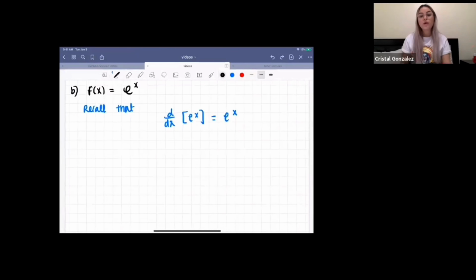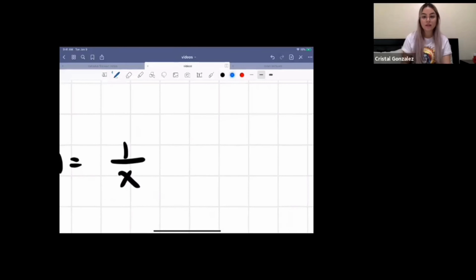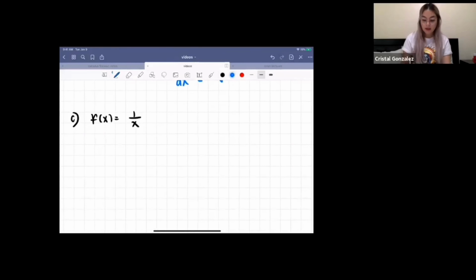Okay, so now let's do one more example. Let's do c. These are very common antiderivatives that you should know, but I just want to get you thinking about them and saying, okay, what's the derivative? What function gives me that derivative? So we have f of x is equal to 1 over x. And so now we have to think about something that, when I take the derivative, I get 1 over x. So go ahead and think about that for a second. But recall that